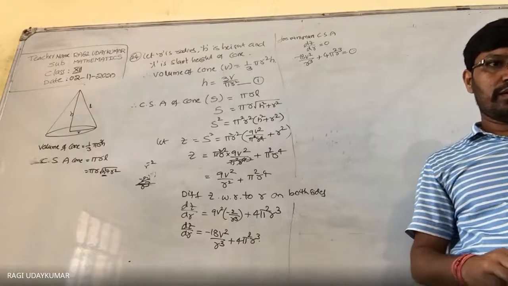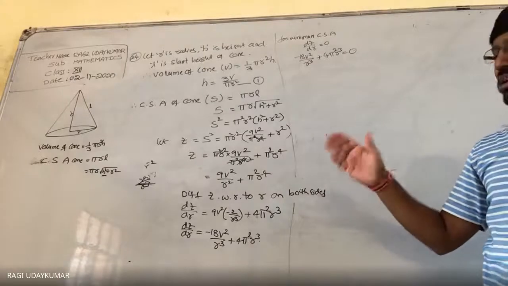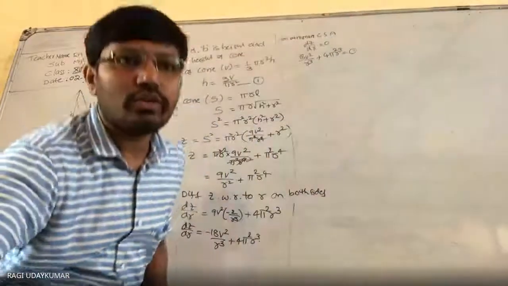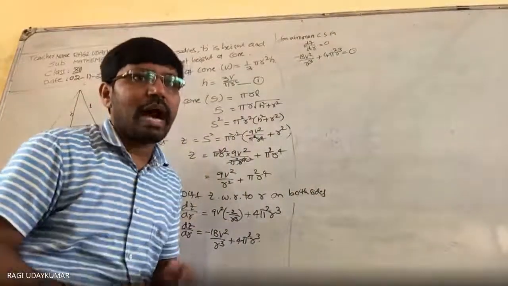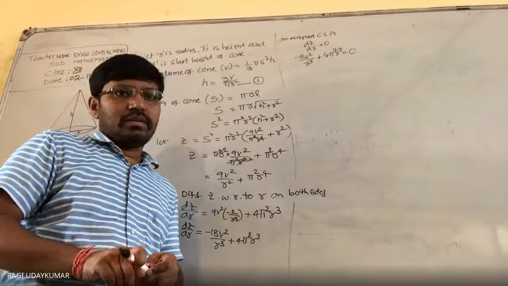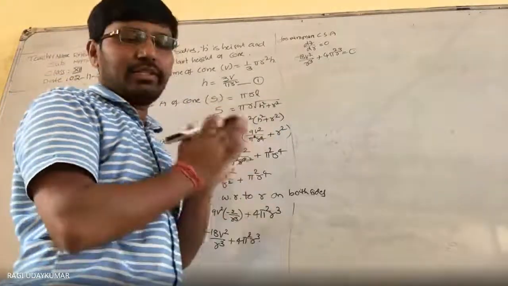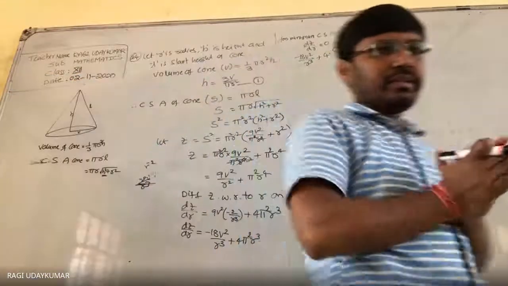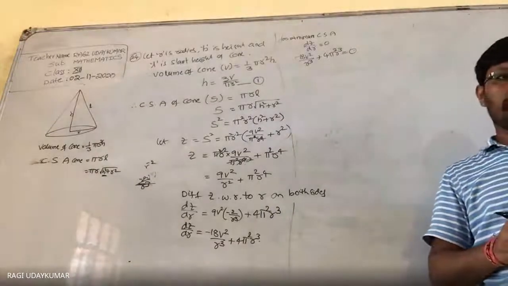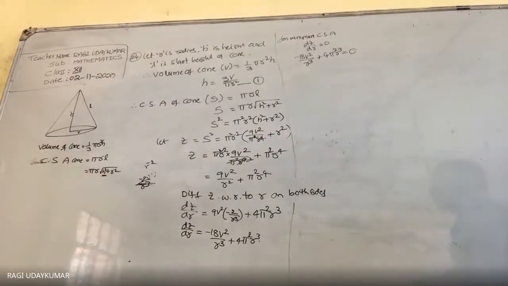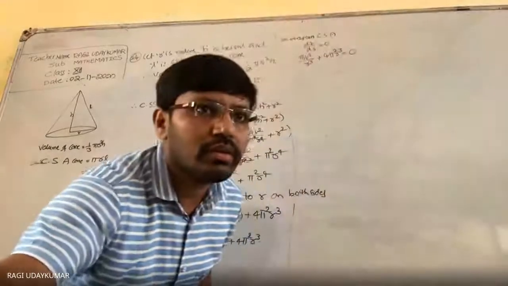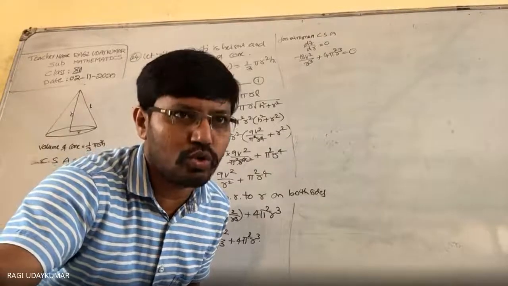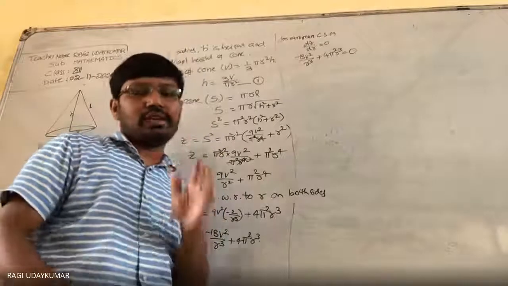Because here the volume of the cone is equal to 1 by 3 pi r square h, that you have to find out. Simplify this; this becomes 0. What is the question given to you? The question says we have to prove that the altitude h is equal to root 2 times the radius, h equals root 2 r.